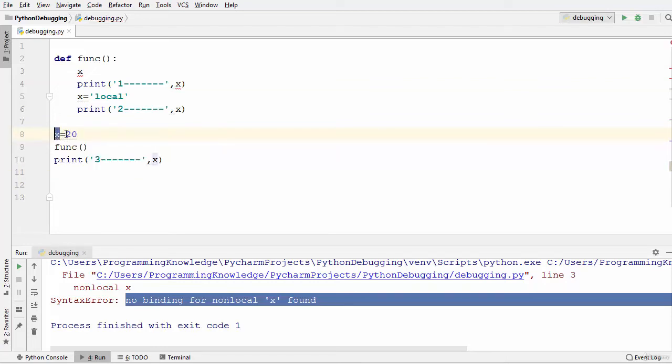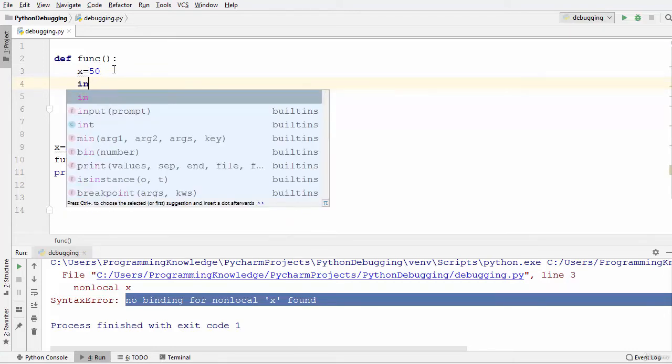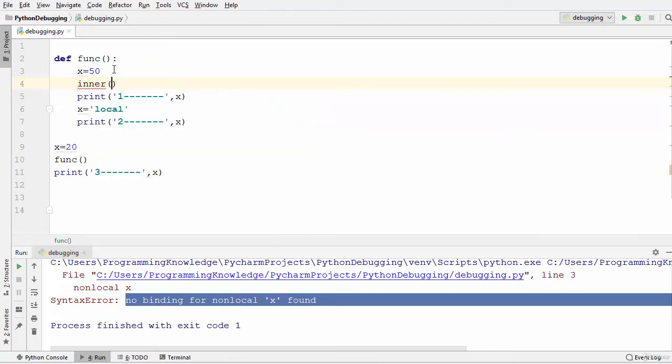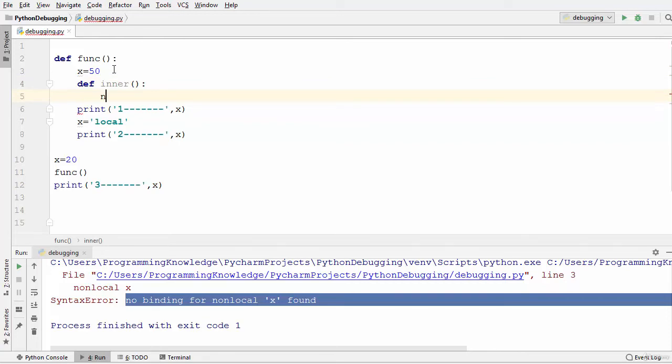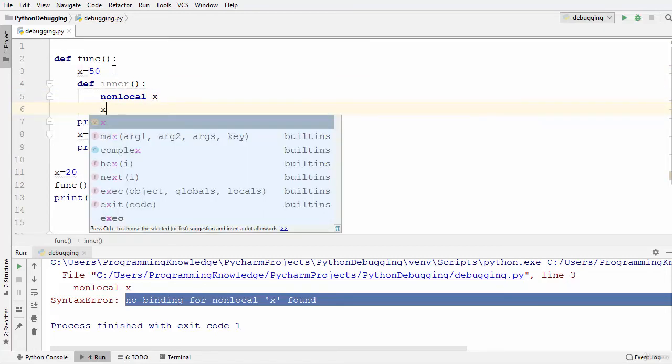So this x is in the global scope and I'm assigning 20 to it. And then I'm going to once again inside the function, I'm going to declare a local x and I'm going to assign 50 to it. And then I'm going to define one more function inside this function and I'm going to name it as, let's say, inner function, and let me just add the def keyword. And then inside this inner function, what I'm going to do is I'm going to define a non-local variable, once again x,